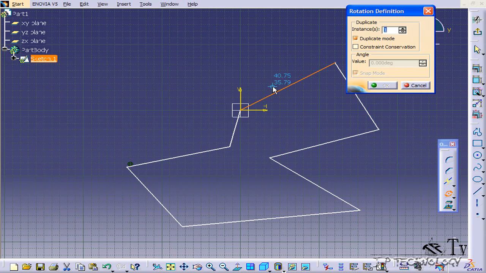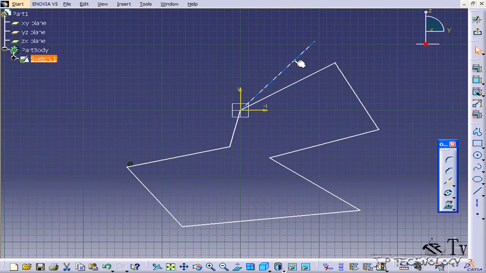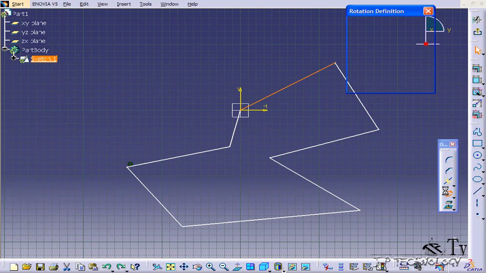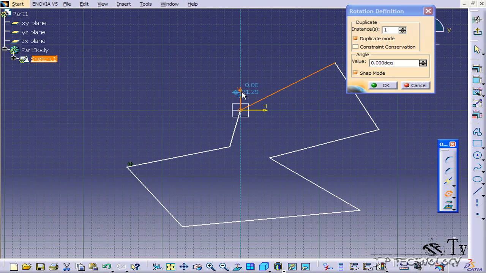Click rotate, click that center point, go straight up, and this time let's key in 17 degrees. Click enter, and now it's moved 17 degrees. Now press Ctrl Z, and just if you didn't notice before, when we're doing this, it goes in 5-degree increments. So every time you move, it's going to go up 5 degrees or go down 5 degrees.